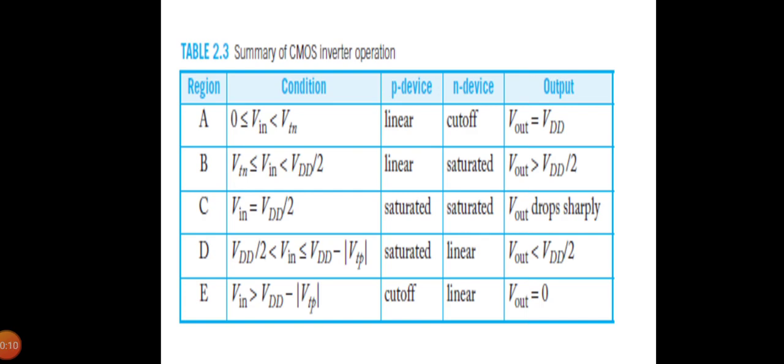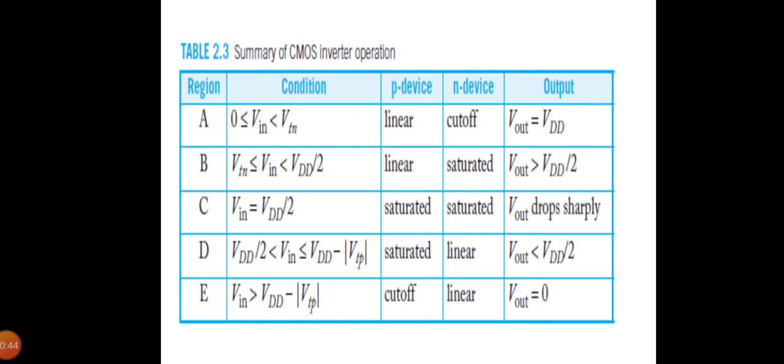And this table shows the summary of the inverter operation. That is, when Vin is between 0 and Vtn, PMOS is in linear and N device is off, and output Vout will be equal to VDD. When Vin is between Vtn and VDD by 2, P device is in linear and N device is saturated, and Vout will be greater than VDD by 2. When Vin is equal to VDD by 2, P device is saturated and N device is also saturated, and Vout